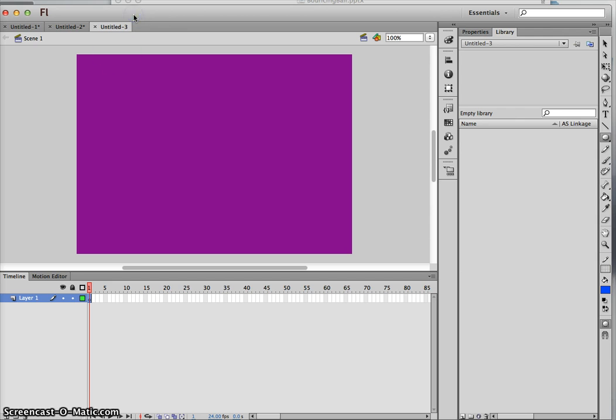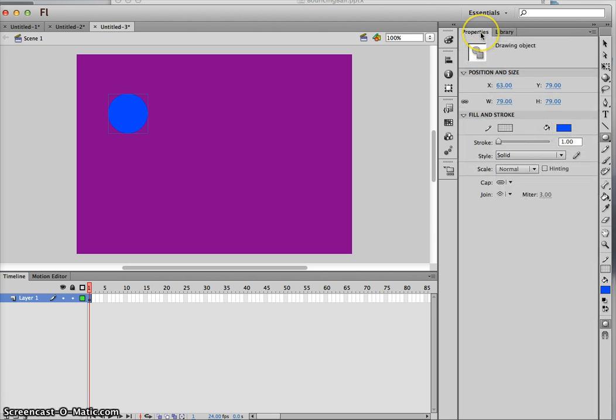Flash works a lot like Photoshop. If you want an oval, you would just drag it. But I want a perfect circle. So I am going to hold the Shift key down when I use my oval tool, and it gives me a perfect circle. And then if I decide I don't want a blue circle, I want to change my color,